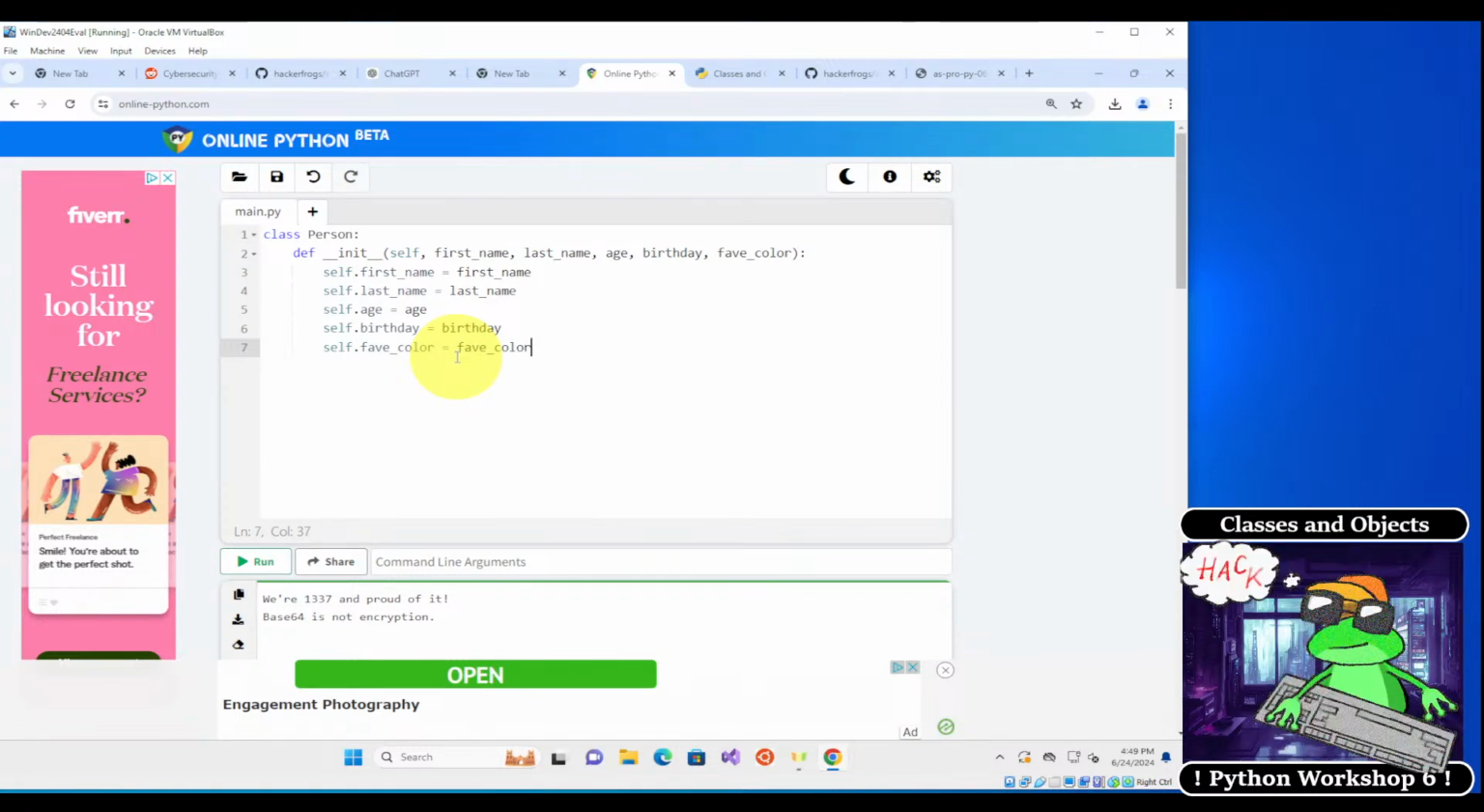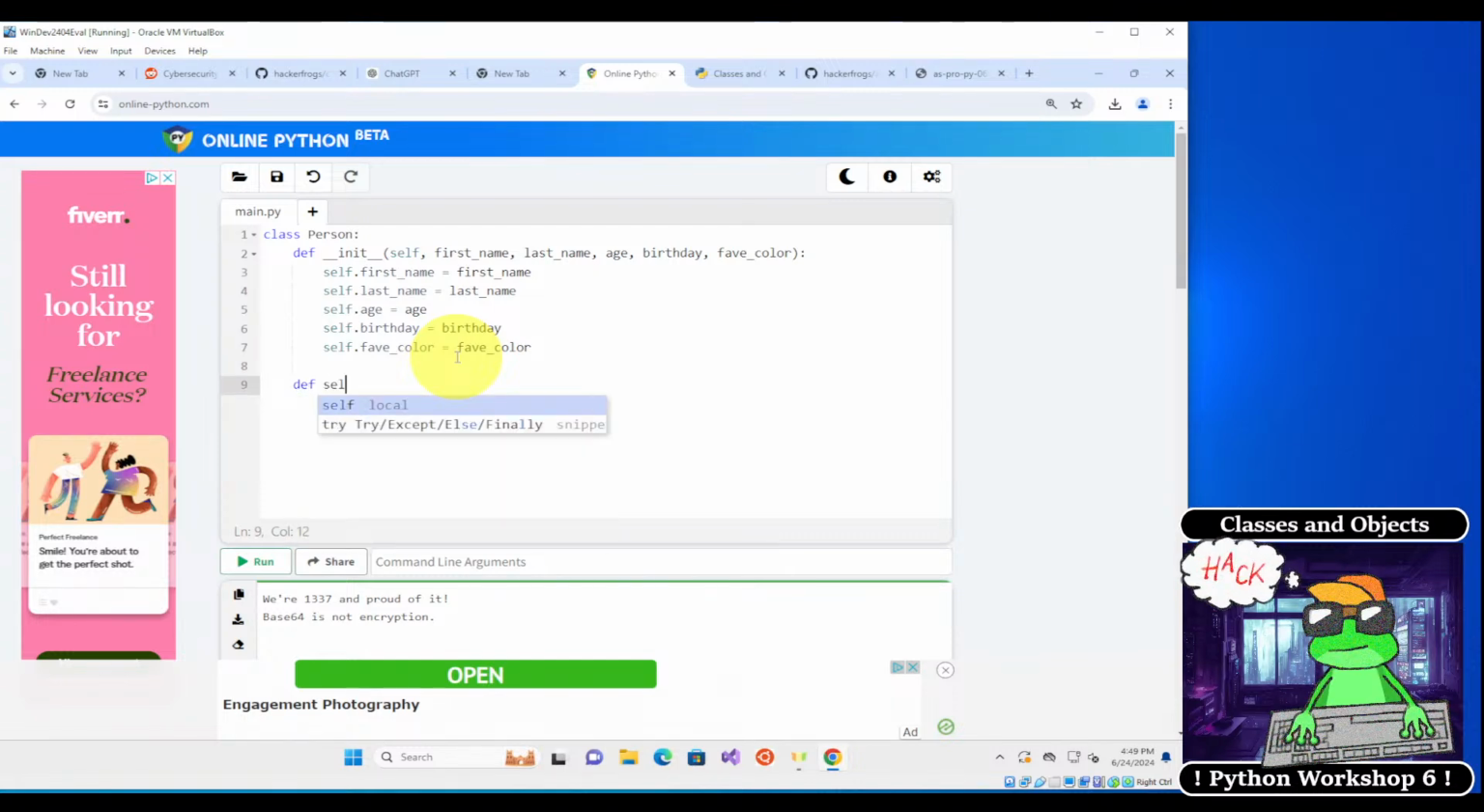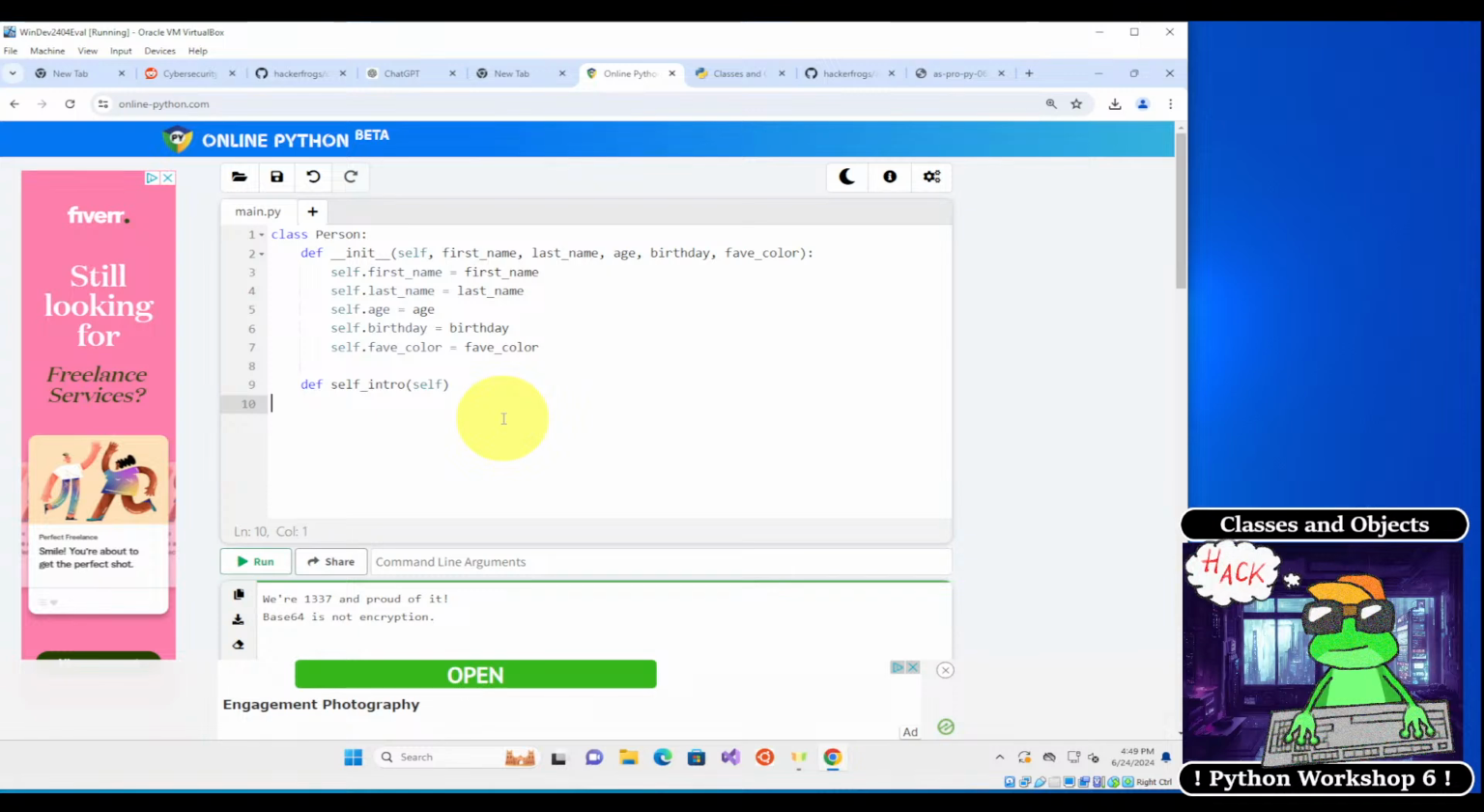All right, so remember we also want to include a function inside of our class, and the name of the function is going to be self underscore intro, and self intro is going to use self as the argument. Okay, and inside of self intro, we're going to print. Oops, we need to include this colon over here. So print, we're going to print something. This is going to be an